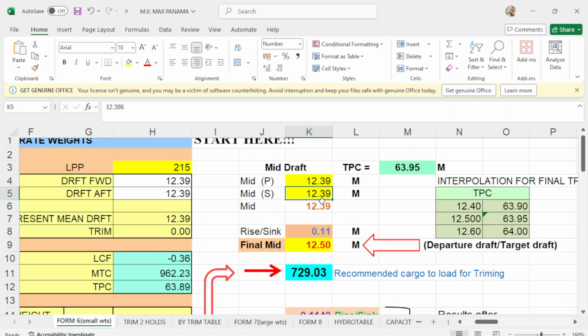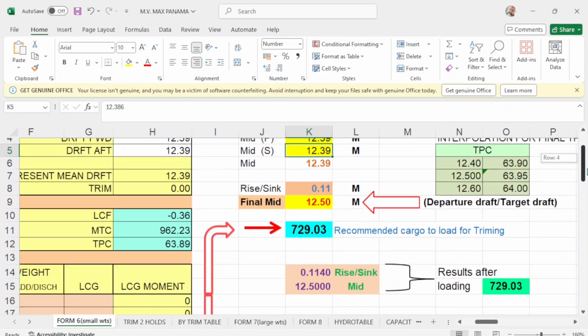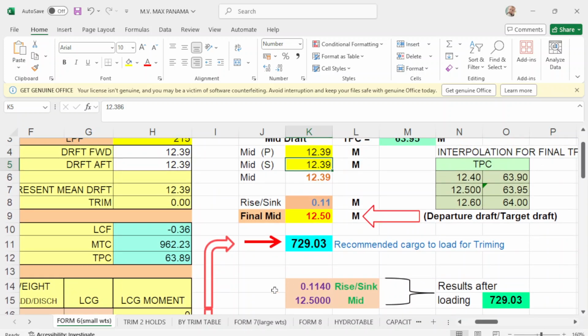This is your initial draft, even keel. So you're recommended to load 729.03. Okay, then always take note of this mid draft should be the same with your final draft here, and your sinkage or your rise should be the same here, 11 centimeters.